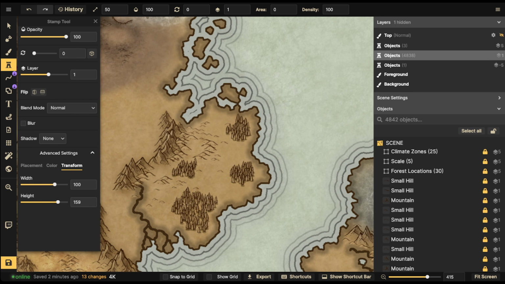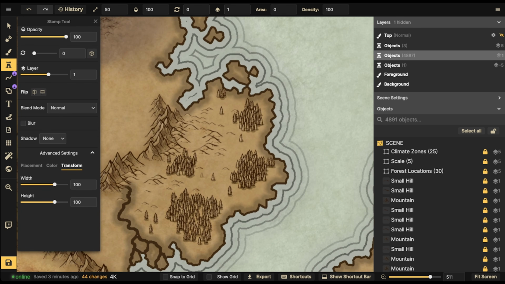So that way I don't have all the same. You notice that these clusters are all relatively the same size. You want to vary the clusters. Medium size, big, small, maybe just a couple, like 3 or 4, and then some randos here and there. And then take that same tree, bring the height back down, and on the outskirts of the forest, put in these shorter ones. So the taller ones are in the center, while the shorter ones are on the outskirts. That way you have something a little different, because there are only 2 different coniferous trees, right? So how is it that we can take one coniferous tree and make it into 7? By changing the transform,